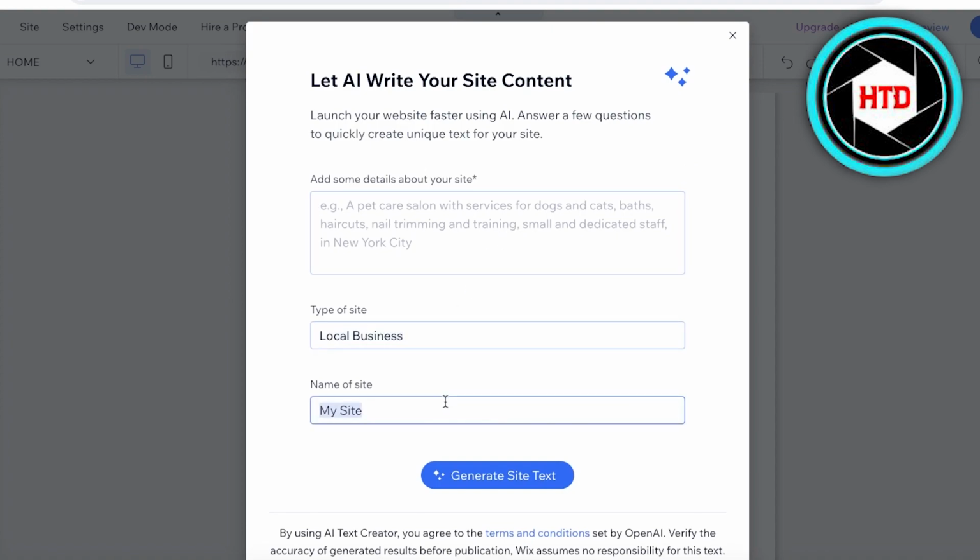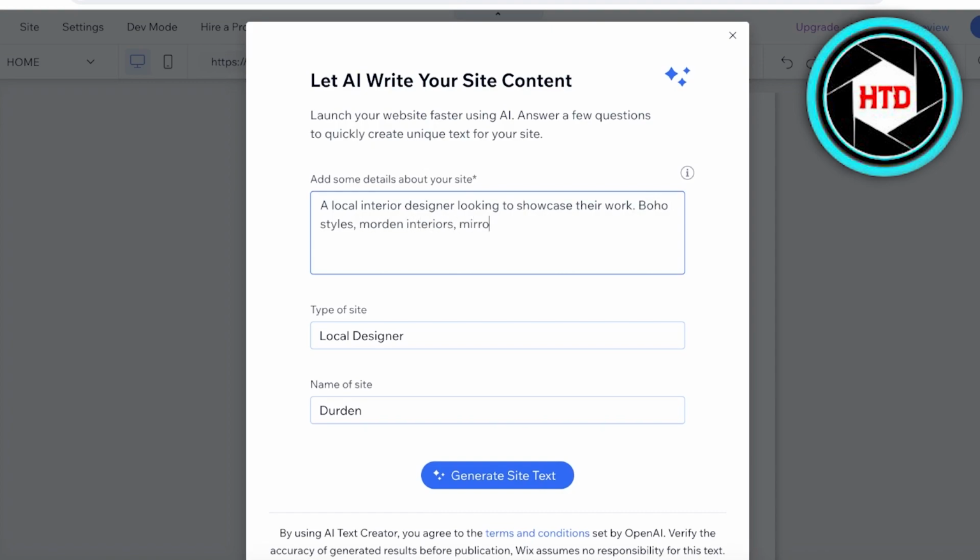So we are a local business, our name might be Durden, and then after that you can enter some detail about your particular type of store or website or business, whatever you're building your website for. So I am a local interior designer looking to showcase their work. And let's say we do boho styles, modern